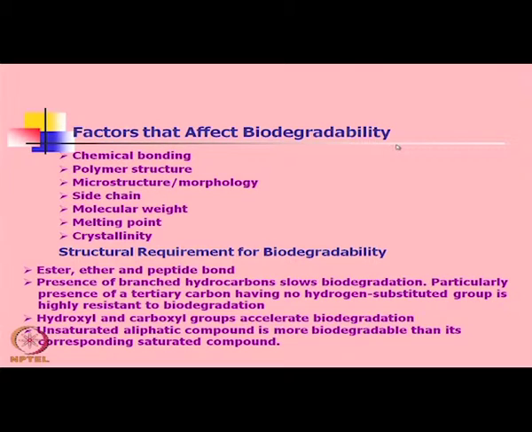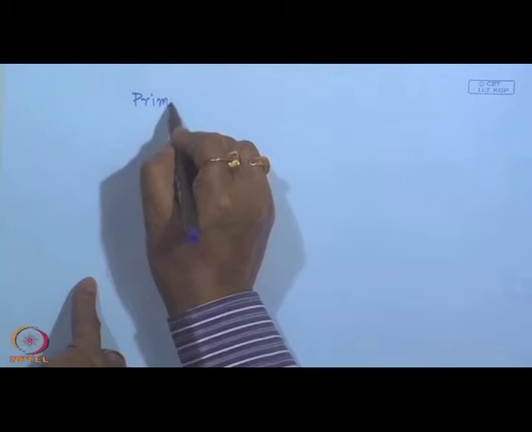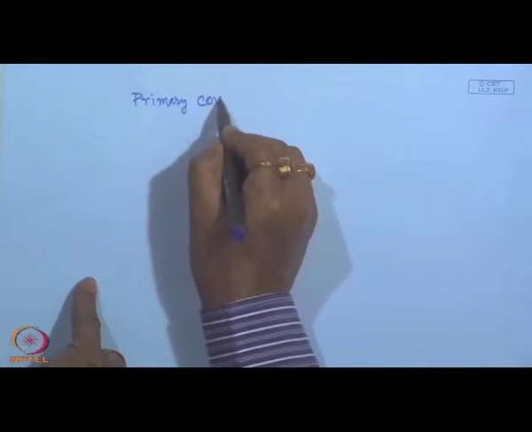Now, we were discussing the biodegradation of polymer products. Now, let us discuss the various factors which are responsible for biodegradation of such polymers. The most important factor is chemical bonding in polymers, that means the nature of chemical bonding. Chemical bonding, as I told, includes primary covalent bonds